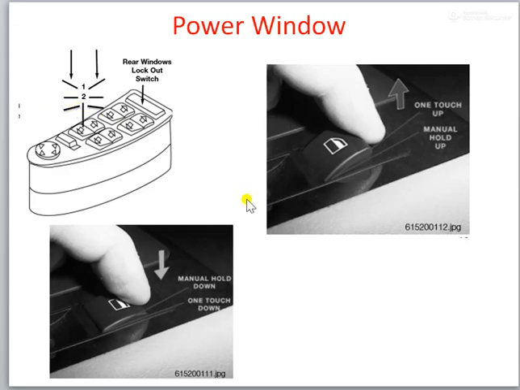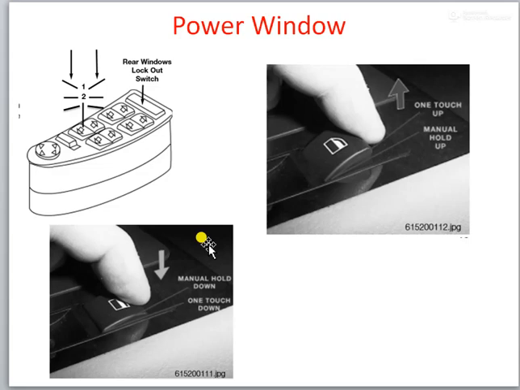So this gives a convenience to the driver, that he need not monitor whether the window is open completely or not, and he can concentrate on his driving. He just has to press the button up to this level once. If you want to close completely, then he has to press this up arrow button up to this level once. The window will get closed automatically up to the maximum level.